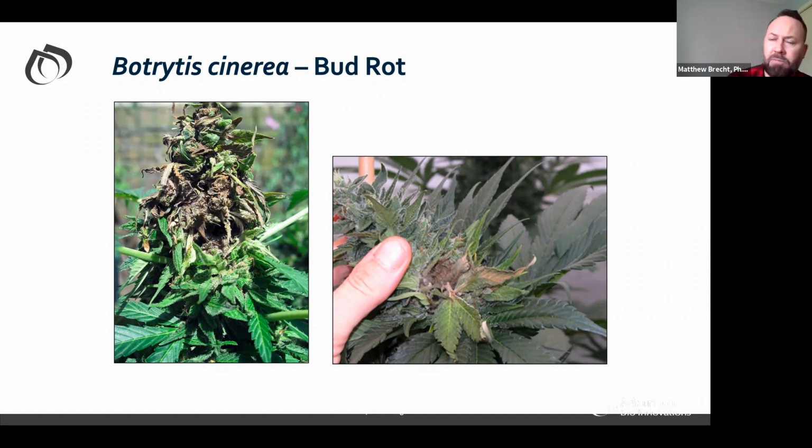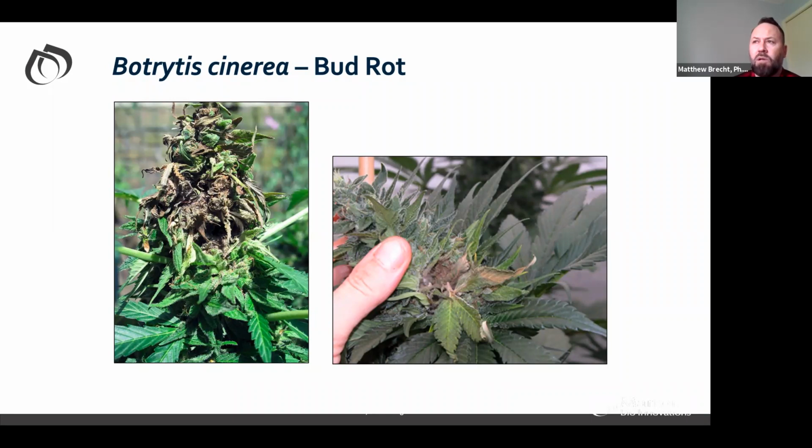Typically, guys who have used Regalia 3 times, 4 times in flower, maybe they stop at week 5 of flower and then don't do anything, they still get about 50% control of their bud rot, which can be pretty important when you're talking about thousands of dollars per pound. So these 2 products we have for botrytis bud rot are Regalia and Stargus. And then, of course, the Jet Ag or xylitol products, you can also spray them to knock them down. However, at that point, it's a little too late. You really need to do these things early on for bud rot control.